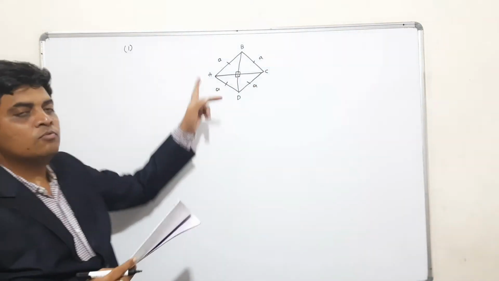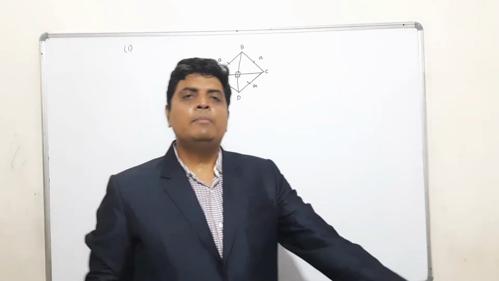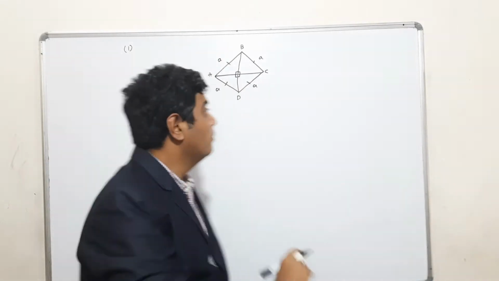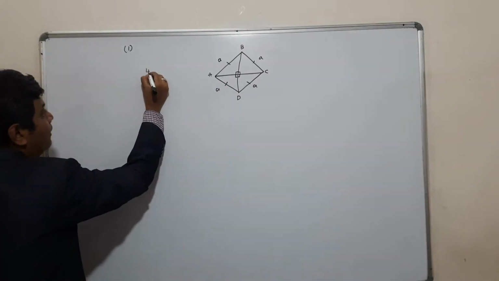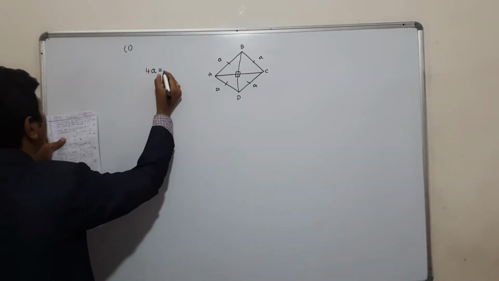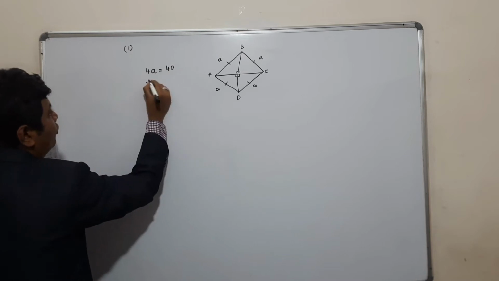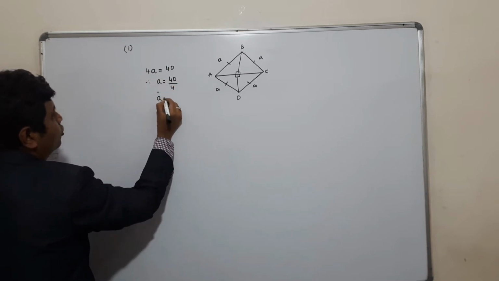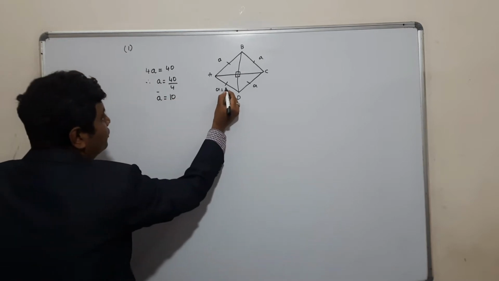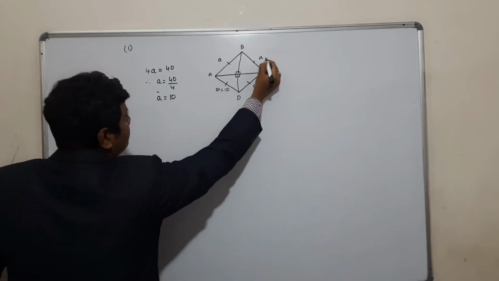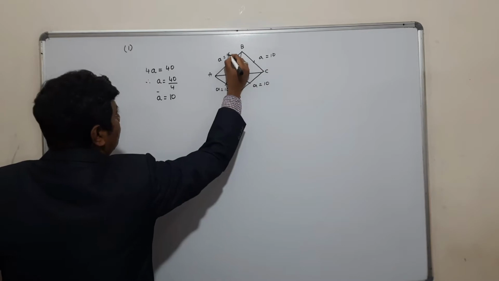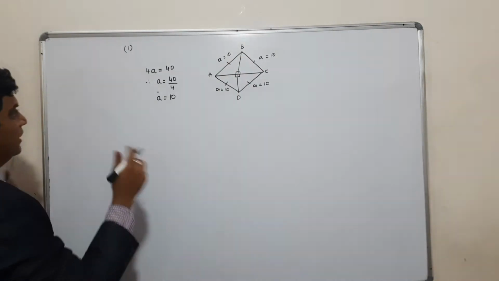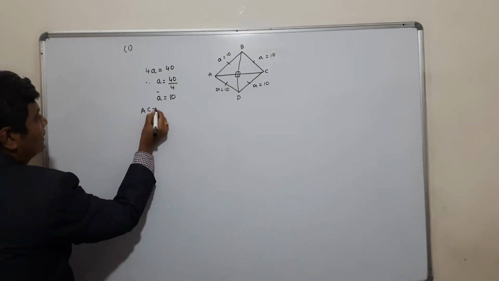Perimeter of a rhombus is, remember, perimeter of any figure is the sum of all the sides. So, rhombus has 4 sides, so it will be 4A, and 4A is equal to how much it is given? It is equal to 40. So, therefore, A is equal to 40 upon 4, A is equal to 10. So, your side becomes 10. Okay, A is equal to 10, this is 10, this is 10, and this is also equal to 10. Now, if one of its diagonals is 16, so let me say AC is equal to 16.